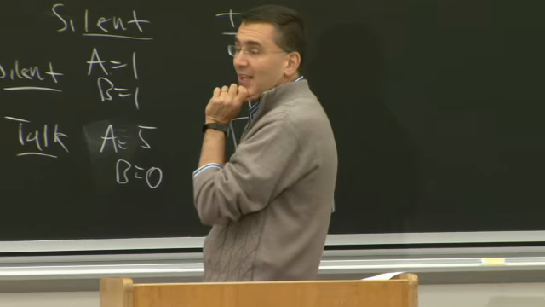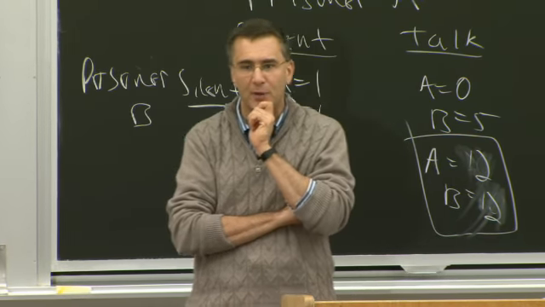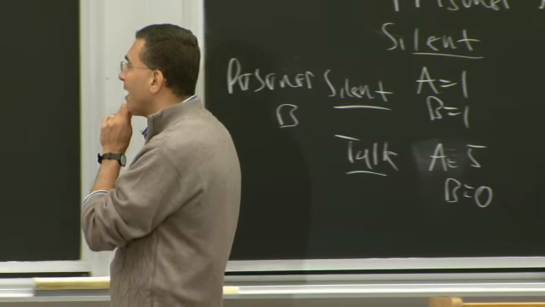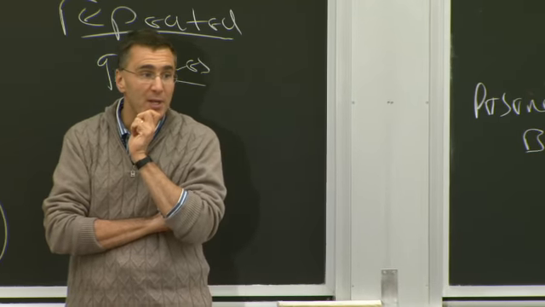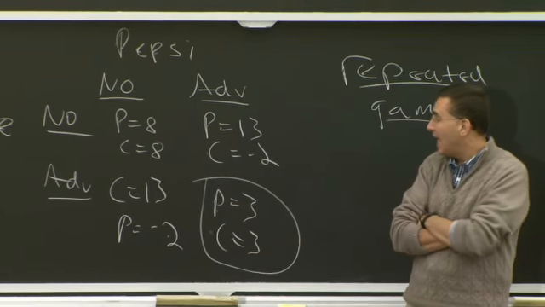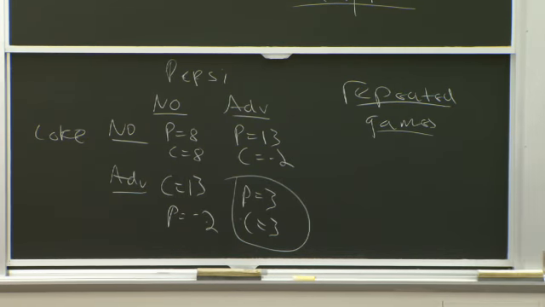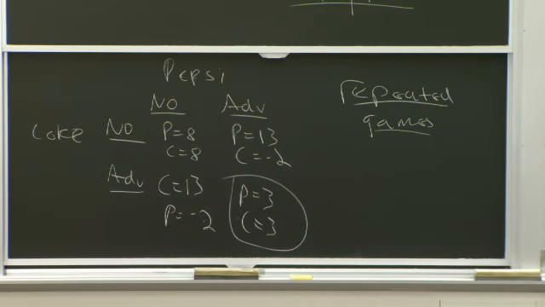Well, one thing is they could say, haha, great, Coke. Good job trusting me. I'm going to screw you and advertise in period 1. So Pepsi could say, great, Coke's laid down arms in period 1. I'm going to go ahead and advertise. I'll make 13 in period 1 because Coke's wimped out. And then I'll make 3 forever after, because forever after, we're both going to advertise. But at least I beat them up that first period.